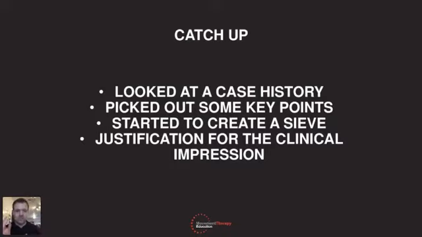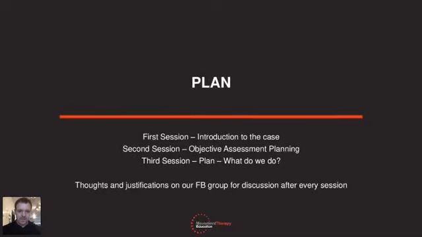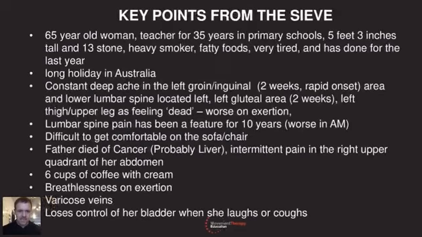You're definitely getting used to the way of doing these now, which is really good. So the plan for this session is, what do we do? So we've got this person that's come in with all these issues, and so what's the next step? And I kind of want to theorize from there as well. Well, if they didn't have that nasty stuff, what else could we do if we could treat them as well? So have a look at a usual kind of clinical case that you would get in, because obviously these are quite unusual. They're in the kind of 1% of ones that you would see in your career. So that's what we're planning today.